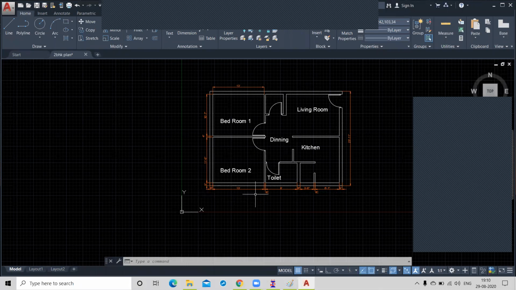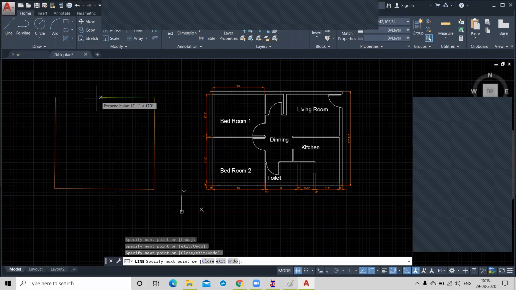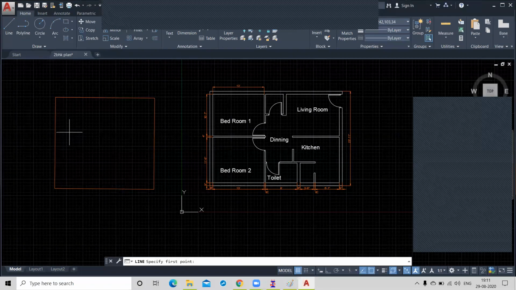Now in total I put 9 columns, right? On these 9 columns, the beam is from here to here, like you can draw like this. So this is your beam positions, right?